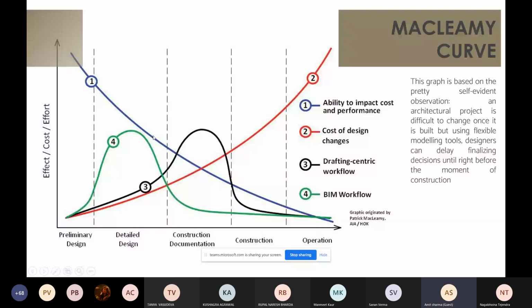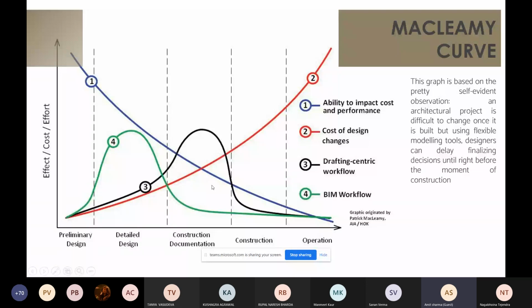The second one is the cost of design changes. If we change any kind of design in preliminary design, it's going to cost very little. But as we move forward to the construction and operation phase, if we make any kind of changes, that's going to cost a lot. It's going to cause delays. It's going to cost money, and it leads to an inefficient